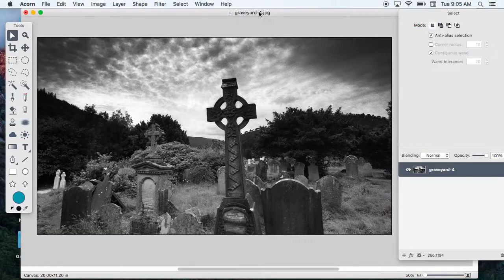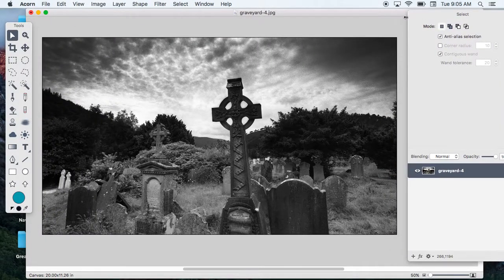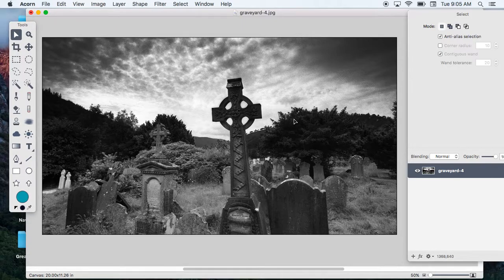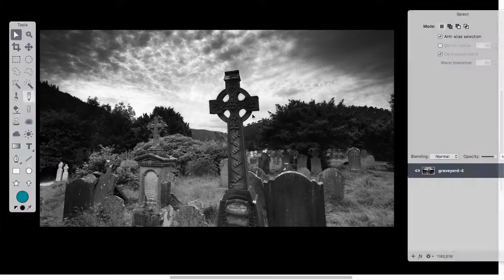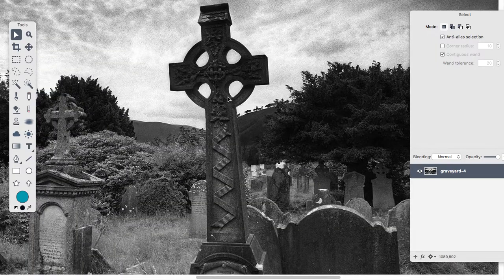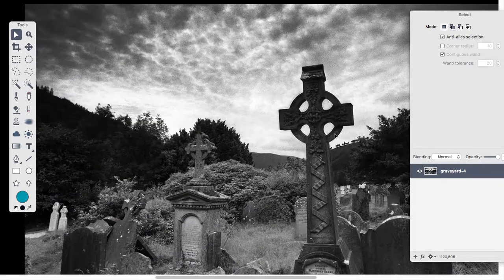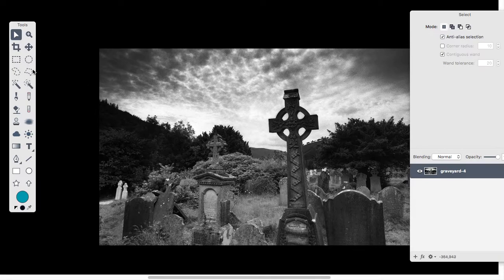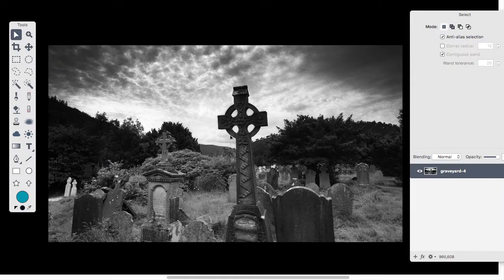All right, today we're going to do something with photos. Now, what we're going to do is I have gone ahead and brought in a graveyard photo. It's very nice, high resolution, so we can get in there and really see our detail. And we're going to be using our selection tools, which are these right here, these four, to create a selection